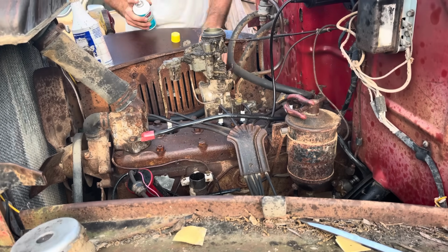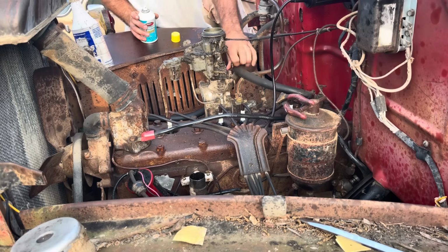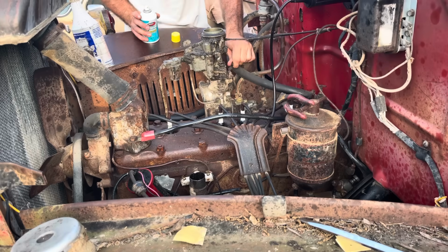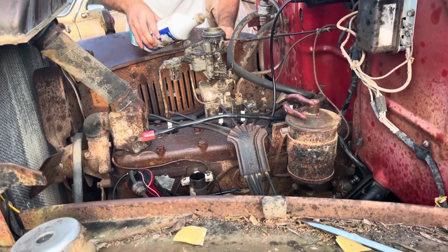Let's throttle lift up on this one, or is it pull down? Well, the throttle's seized up on this one. There. That should be good, and I'll give it a little bit of